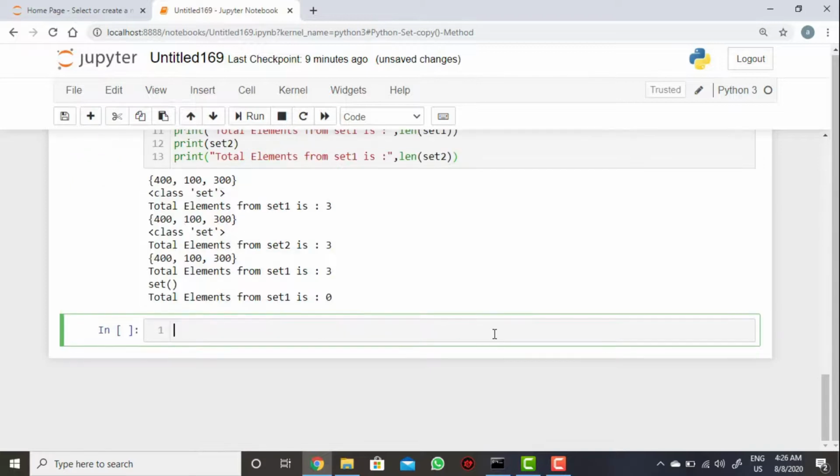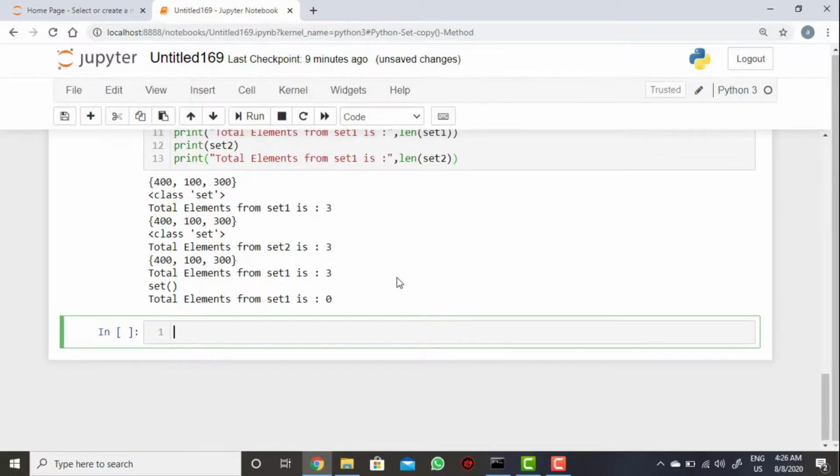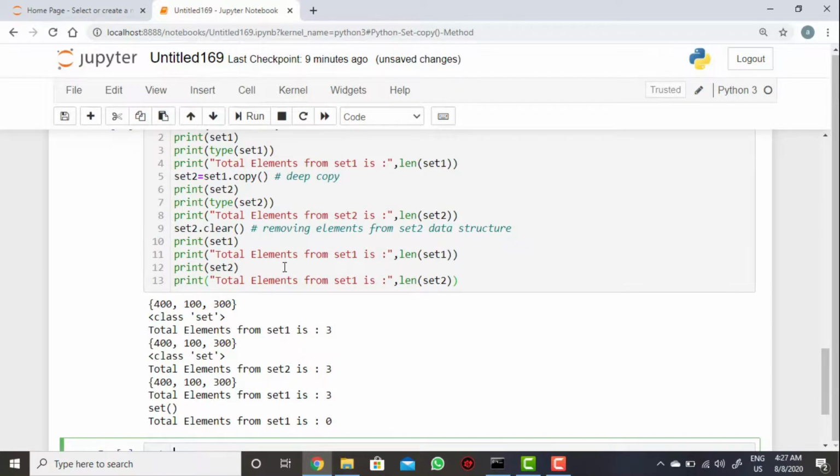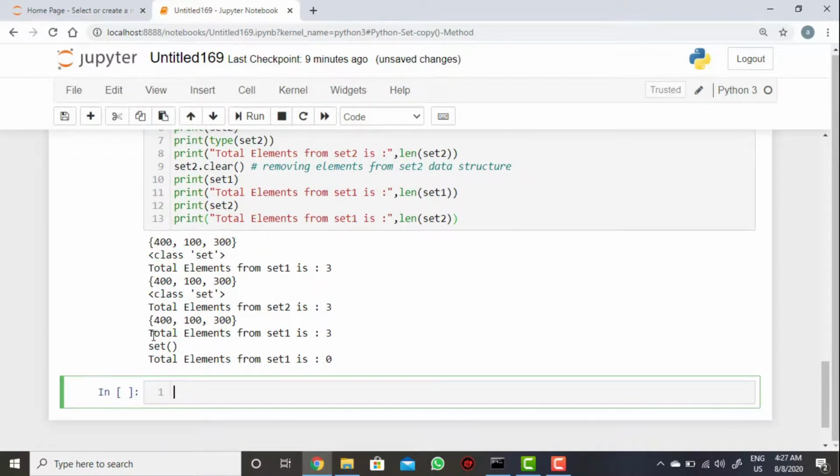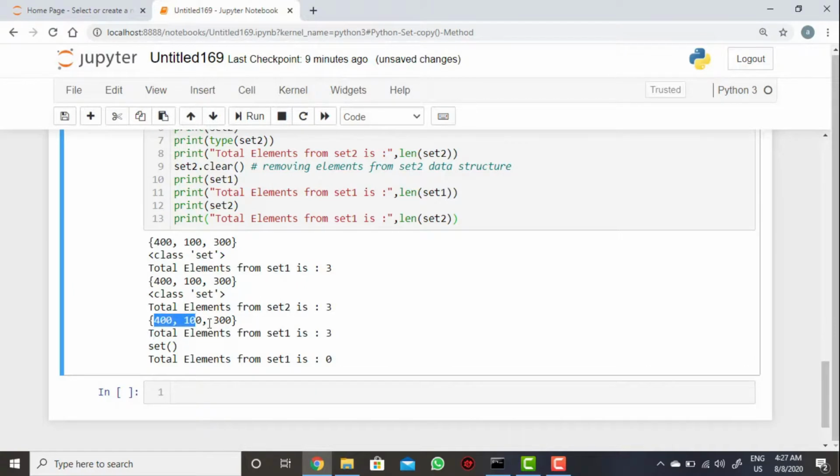What will happen? See, whenever I am executing this, from set1 the elements will be the same, these elements are available here, and for set2, sorry, you can directly take it here 1 and then here 2.